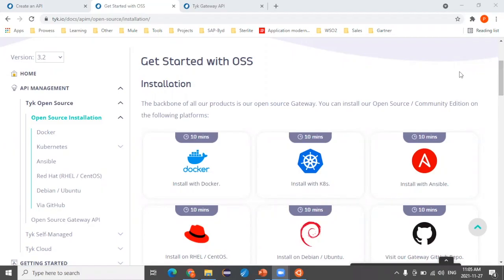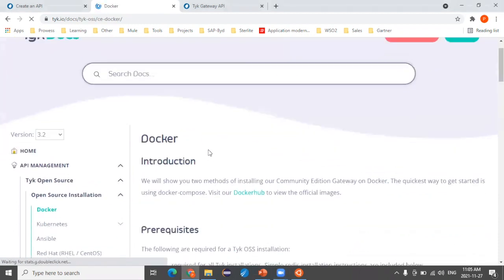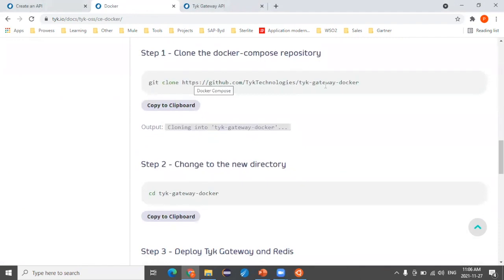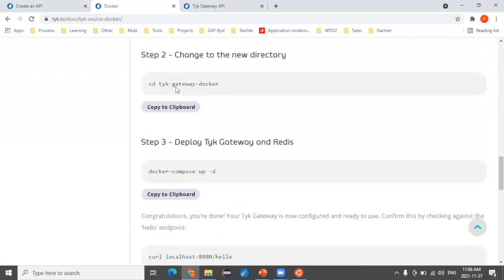So if you look at the tyk.io open source installation site, you will see that there are several ways that you can actually install on several environments. The one that I've used is the Docker version. It's really simple. You can just go in here and just only 3 steps really, wherein if you chose Docker Compose, which is basically going to get the package of Tyk Gateway Docker, and then you would just unzip it and cd into the directory wherein you have your Docker Compose file, and then you start it up. So let's go into